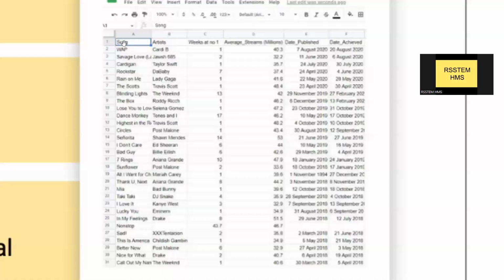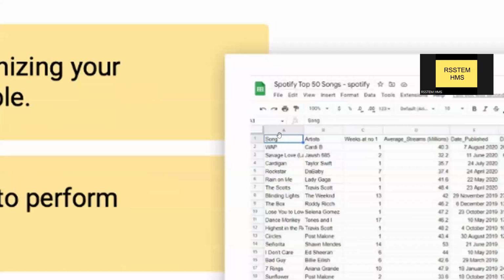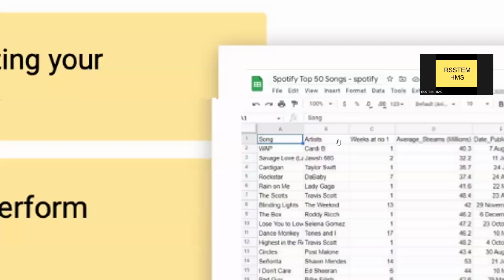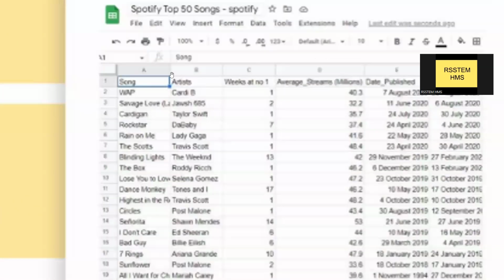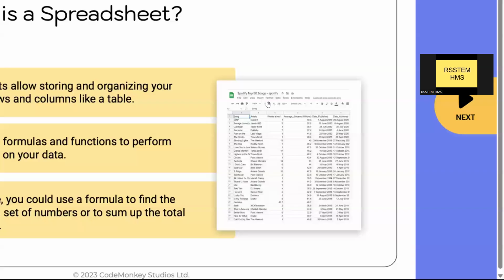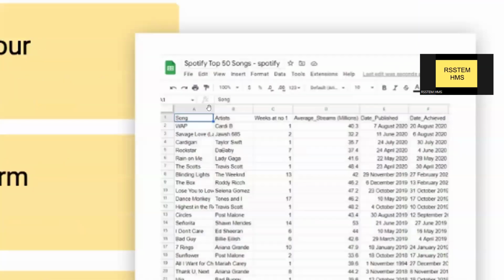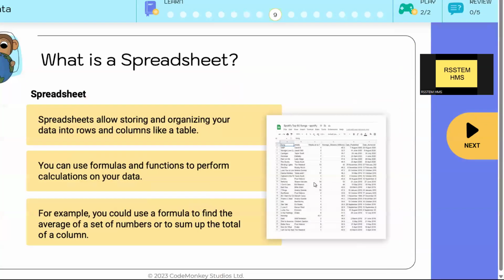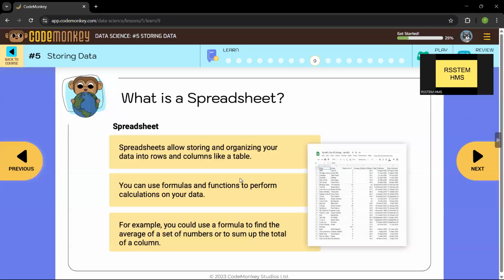You'll also notice that each box is called a cell. As in biology, the cell is the basic unit, the smallest unit. In Microsoft Excel, each box is called a cell, because cells make up the spreadsheet. So these boxes are cells, which is important, and I will elaborate.